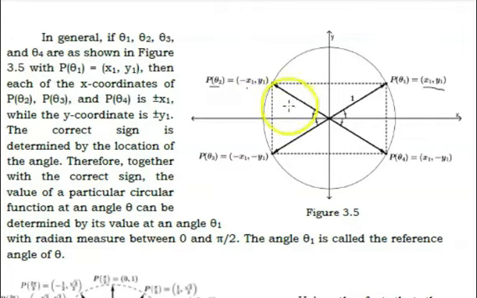In the third quadrant, they have the same value, but x is negative and y is negative. And in the fourth quadrant, x is positive and y is negative. So this angle in the first quadrant is what we call the reference